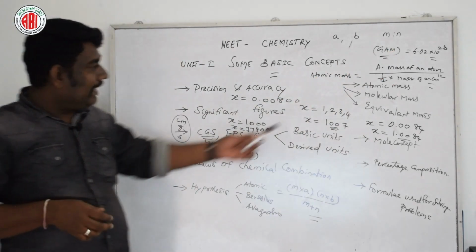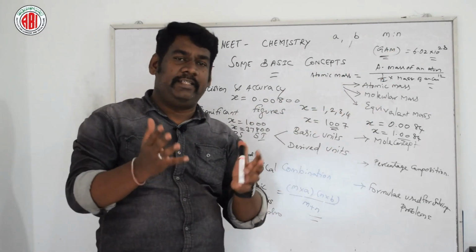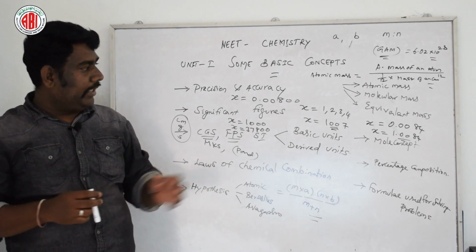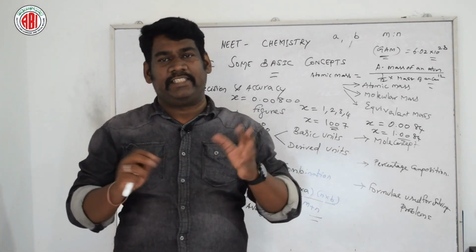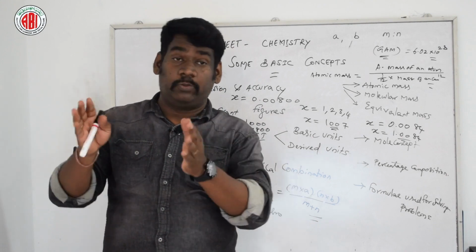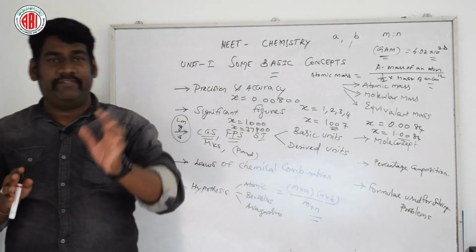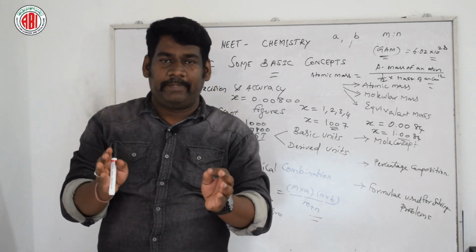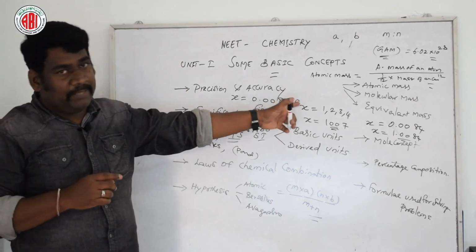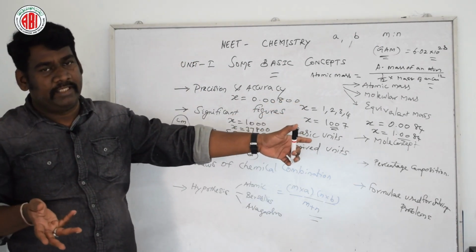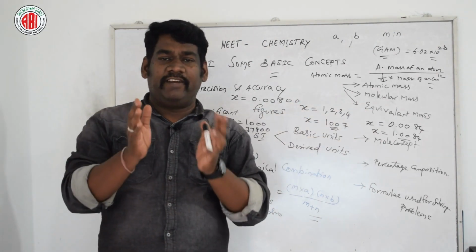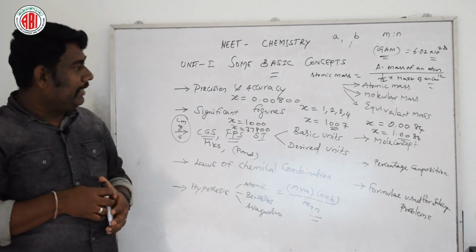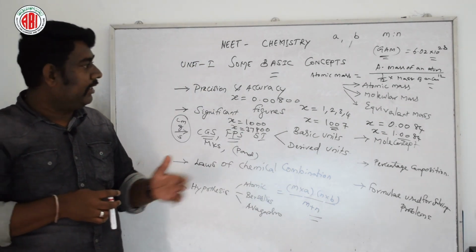Very, very important: atomic mass is determined by different methods, like the vapor density method and the specific heat method. Many are there, but we'll discuss the vapor density method, which is suitable for elements whose chlorides are volatile. That is a very important point. The valency of the element is equal to molar mass of chloride by equivalent mass of chloride. For the vapor density method, atomic mass is equal to equivalent mass of the metal into valency of the element.